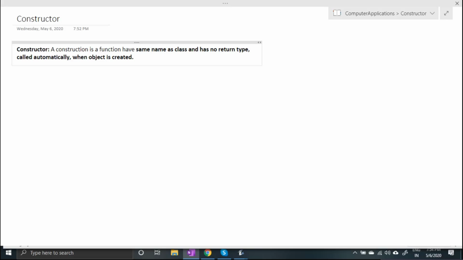So the next thing about constructor is what the constructor does.